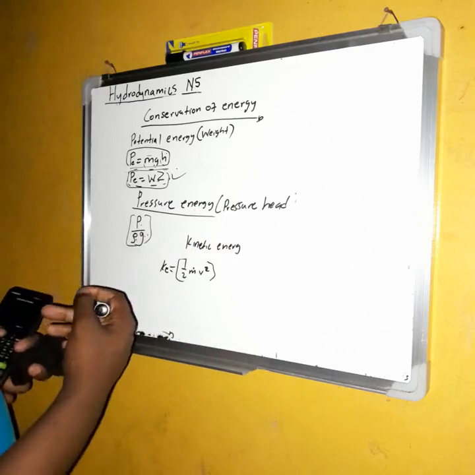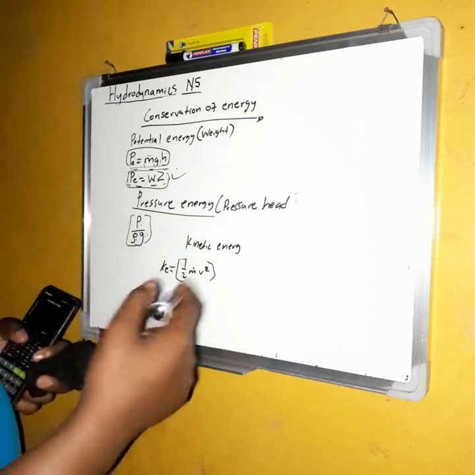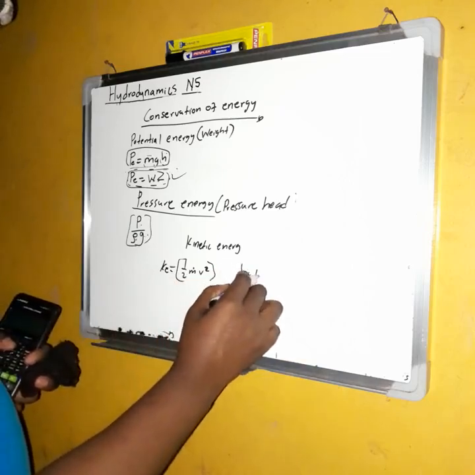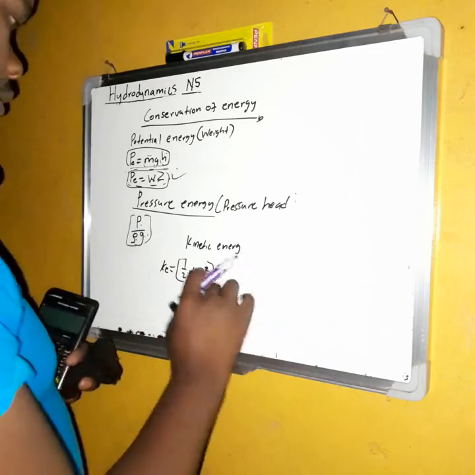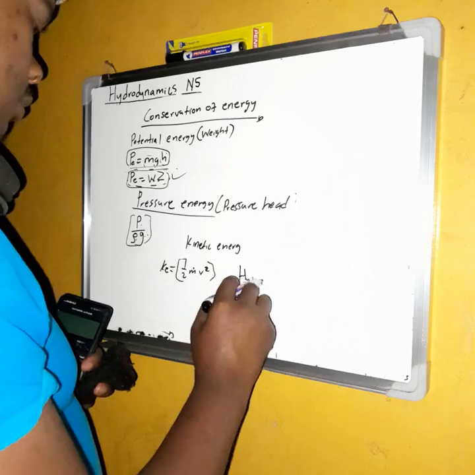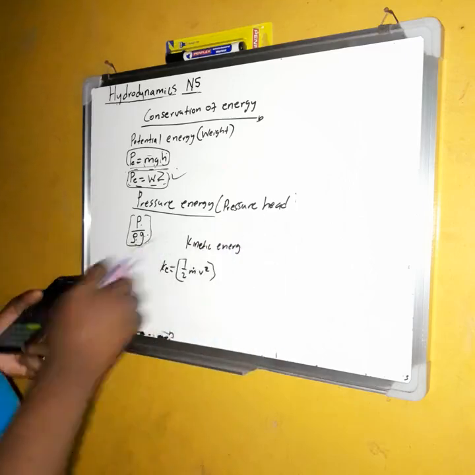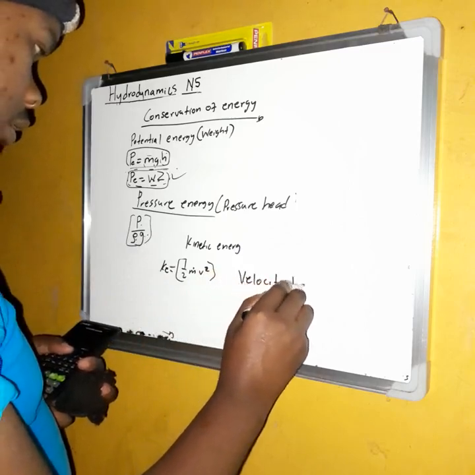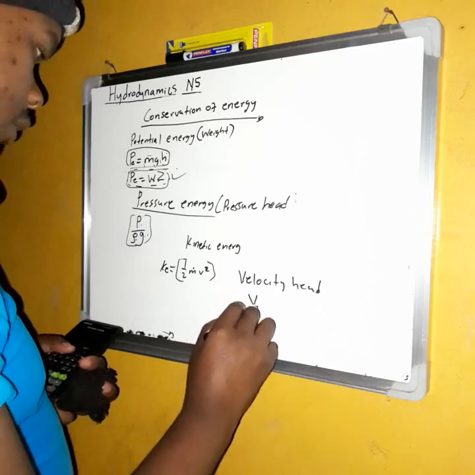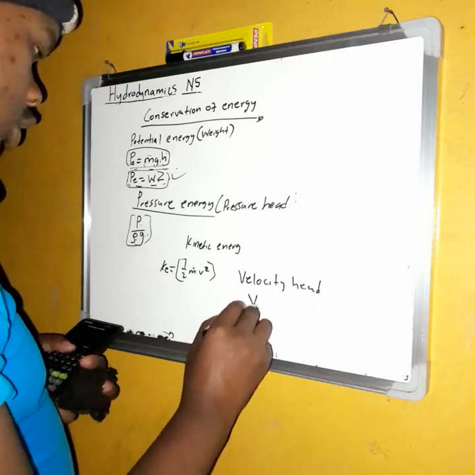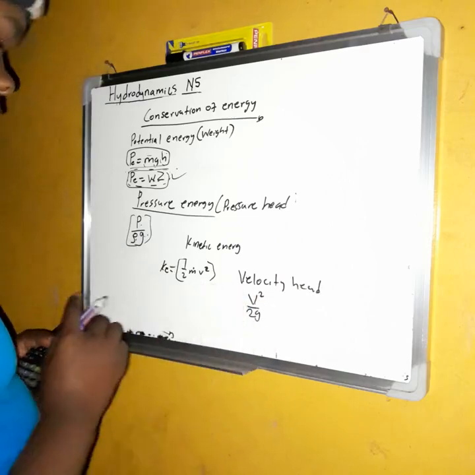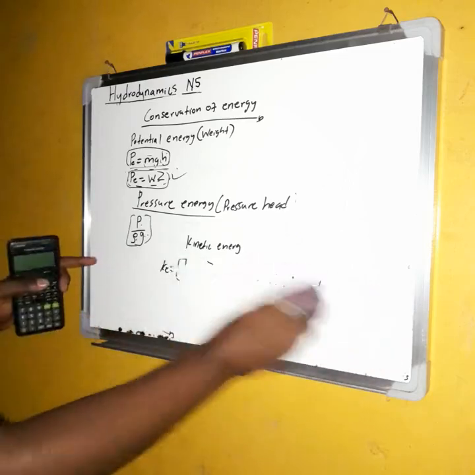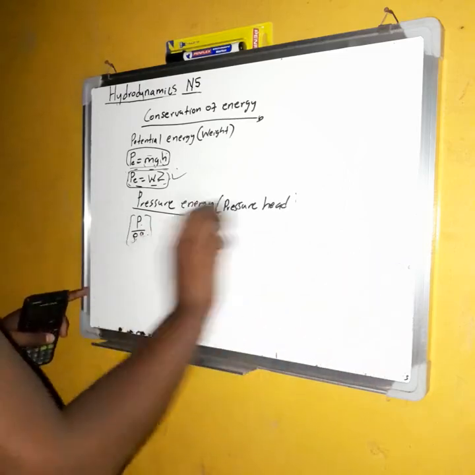If they want dynamic head, or velocity head, it is V squared over 2G. So we found all of this. Actually, we take this from